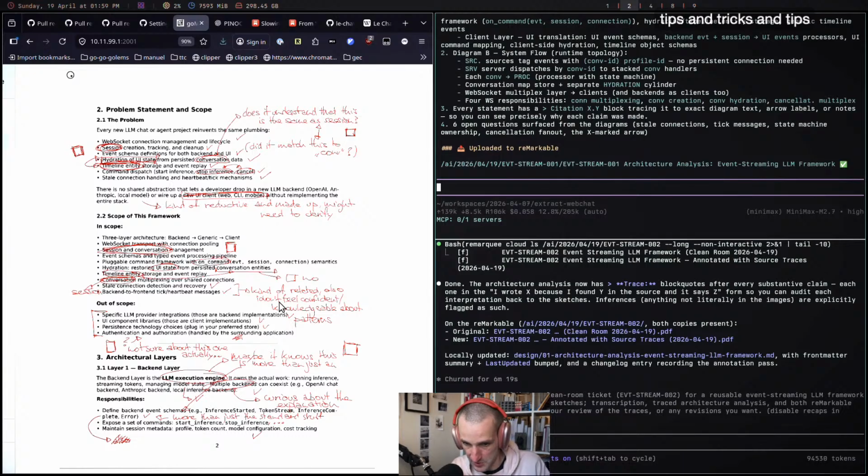Everything that's a square is something that I need to clarify, because I know if I don't clarify it, the model is going to do the wrong thing. So these initial steps are really, really important. In this case, because I'm doing a pretty complex framework, right? If I had some more menial tasks, I would just be like, yeah, whatever. But here, I really need to make sure that every concept, every layer, every relationship between layers is very clearly explained, so that as we go forward, the model is going to be referring to or finding this information over and over, and is pulled back onto the right track.